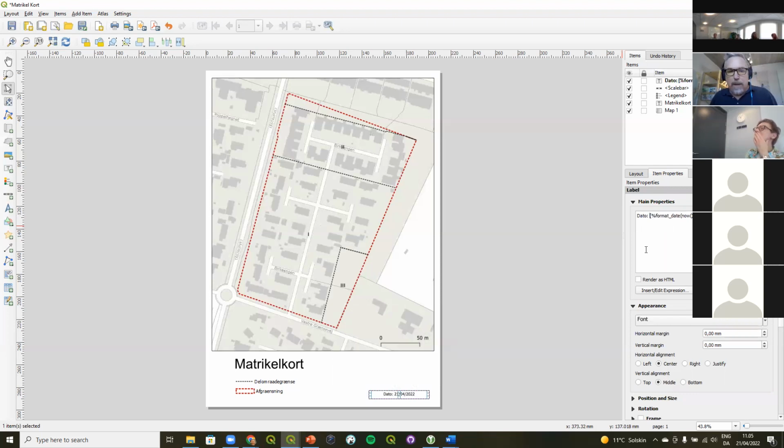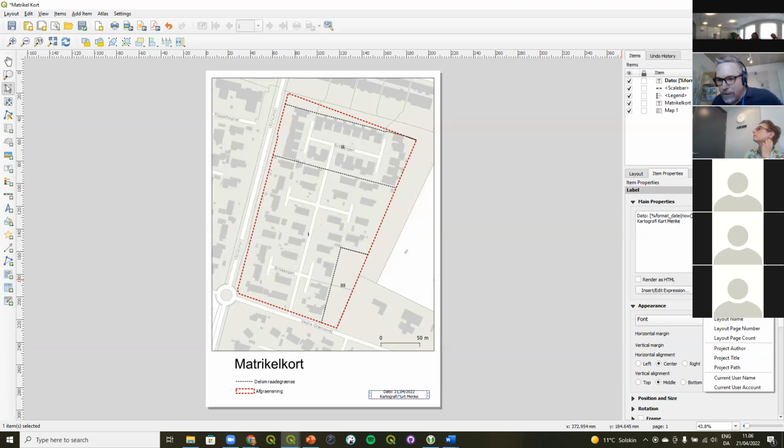Yeah, so I can put that in there. You can even, there's variables in QGIS too. So I could type, I could put my name on the map if I want to. I could also use a variable for this. So I could go in here and I could choose